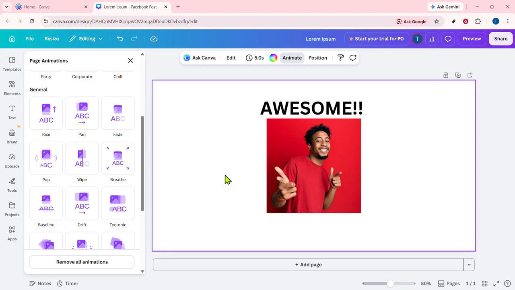As you make changes, preview the animation to see how everything works together. This helps you catch anything that feels too